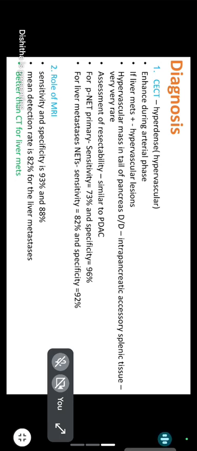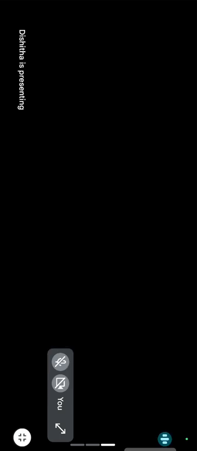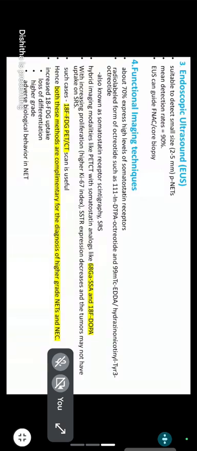The role of MRI is more in liver mets because it is better than CT with a sensitivity of 93% and specificity of 88%. The other imaging is EUS. It is useful when the lesions are very small, like 2 to 5 mm. In that case, the detection rate is almost 90%, and also we can take an FNA or a core biopsy